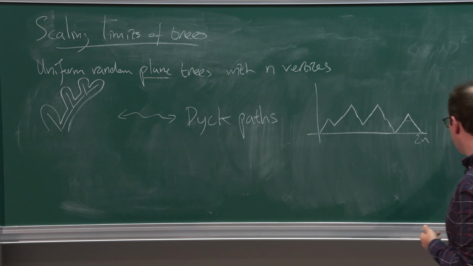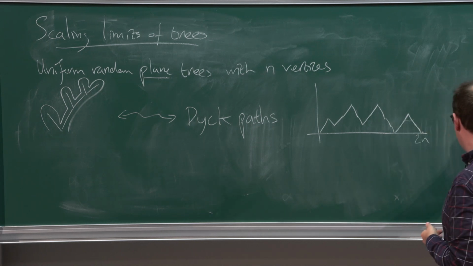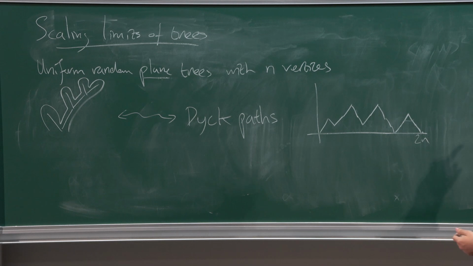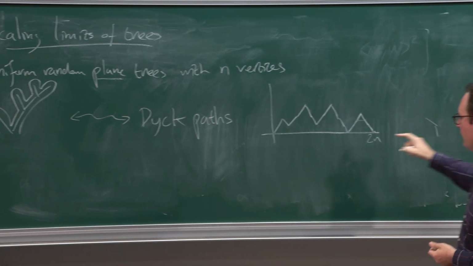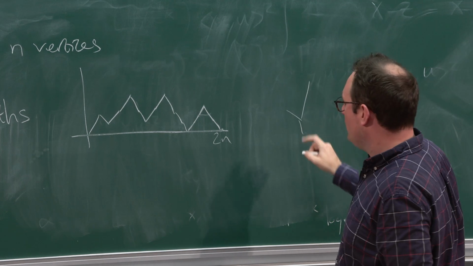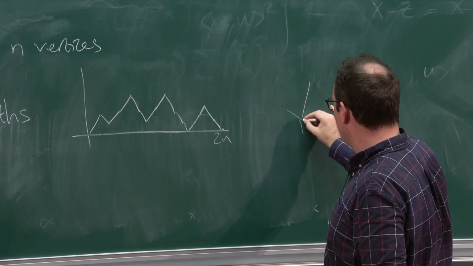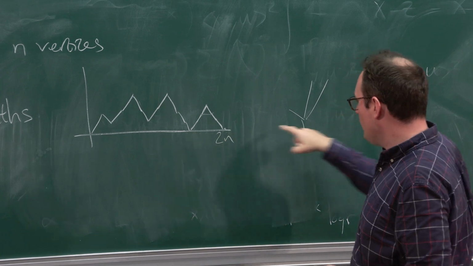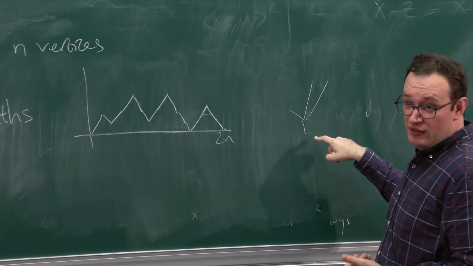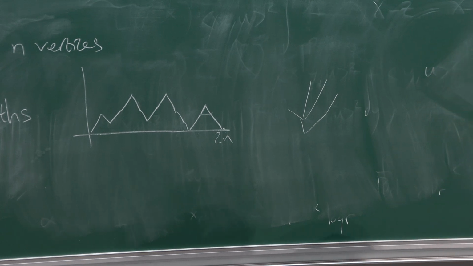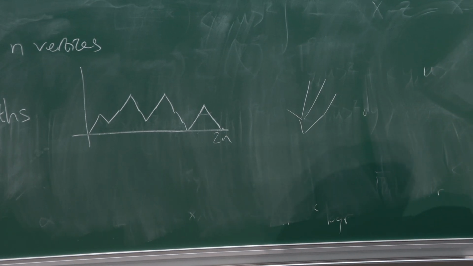In this particular example, I guess I would get this whole interval here becomes this edge, right? I would get one edge coming off here. I'd get a path of length 2 from this piece, another path of length 2 from this piece. And then I return back to 0, which means I'm starting a new child of the origin, and then I would just get another path of length 2. Okay?